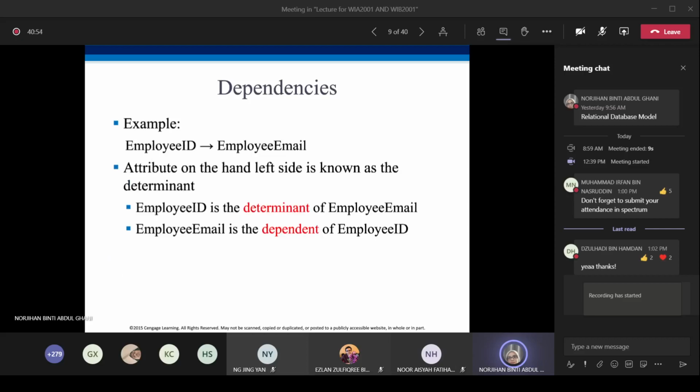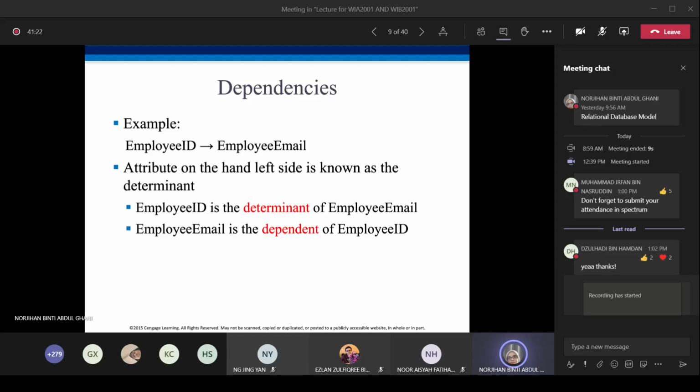If you look at this example, employee ID is the determinant for employee email. Meaning that if I know the employee ID for employee A, then I can know the email address for that employee.